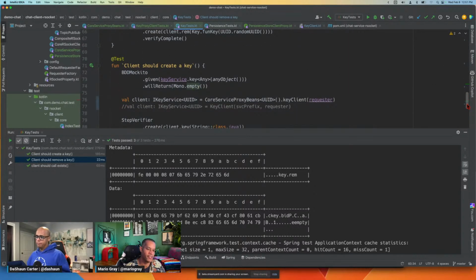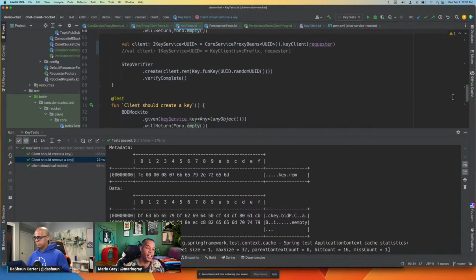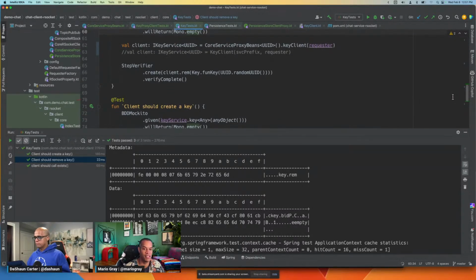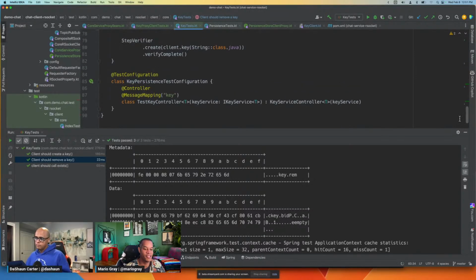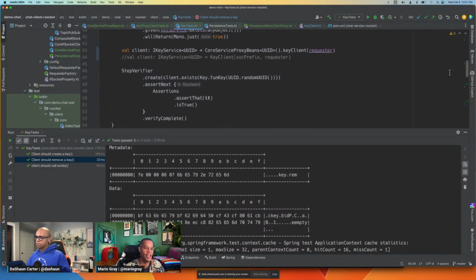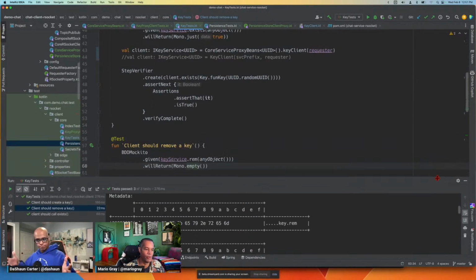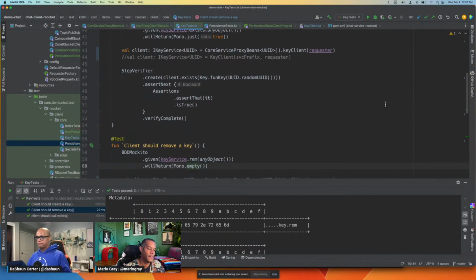They just ensure that things are being transmitted across the wire, and that if I send something, I should receive something. But they don't specify state, because testing state in unit tests is kind of hard. It's something you only want to do when you really have specific needs for it. In this case,